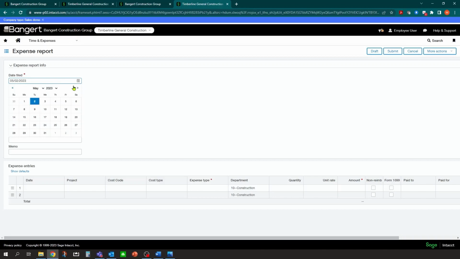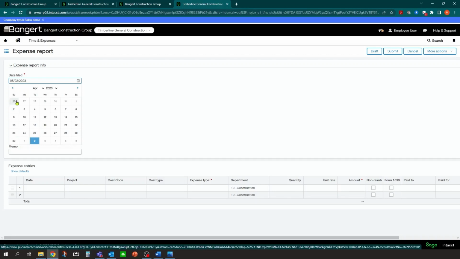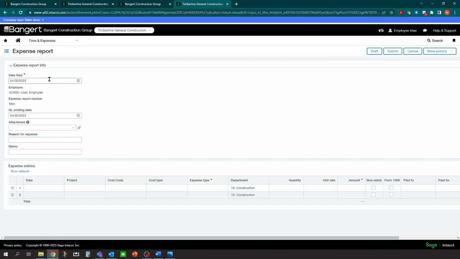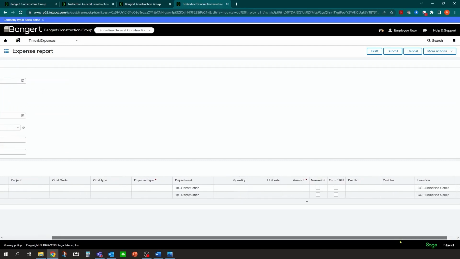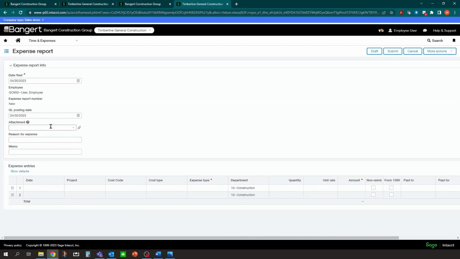Let's say they're entering expenses in for April 30th, so you can make it specific. If it's monthly, weekly, quarterly, however your expense reports are set, twice a month sometimes. So we'll say it's 4/30. It's going to post as of 4/30. You have overall attachments here for the receipts. So I could pull in the receipts here as well. And we'll show you that in a second.